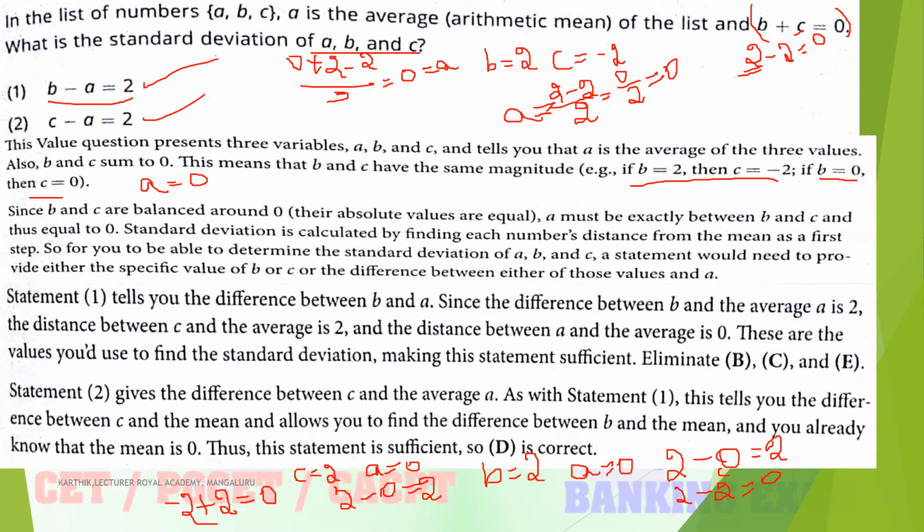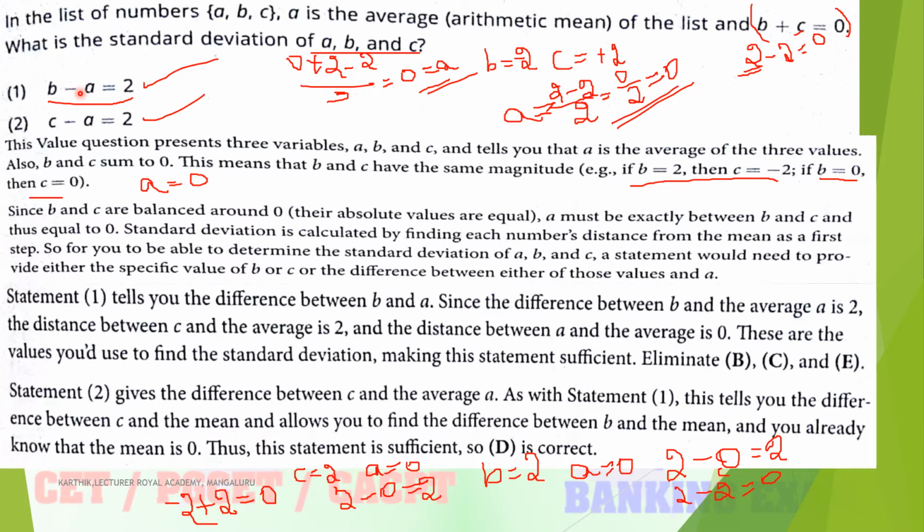Then what is the value of A? Similarly you have to find out. Here C is equal to plus 2 and B is equal to minus 2. Of course, the difference, you will get 0. The value of A is equal to 0 only. Then once you find out the average, you will get the value of A equal to 0 only. Okay, so I hope all of you understood. Each statement alone you can answer the question.